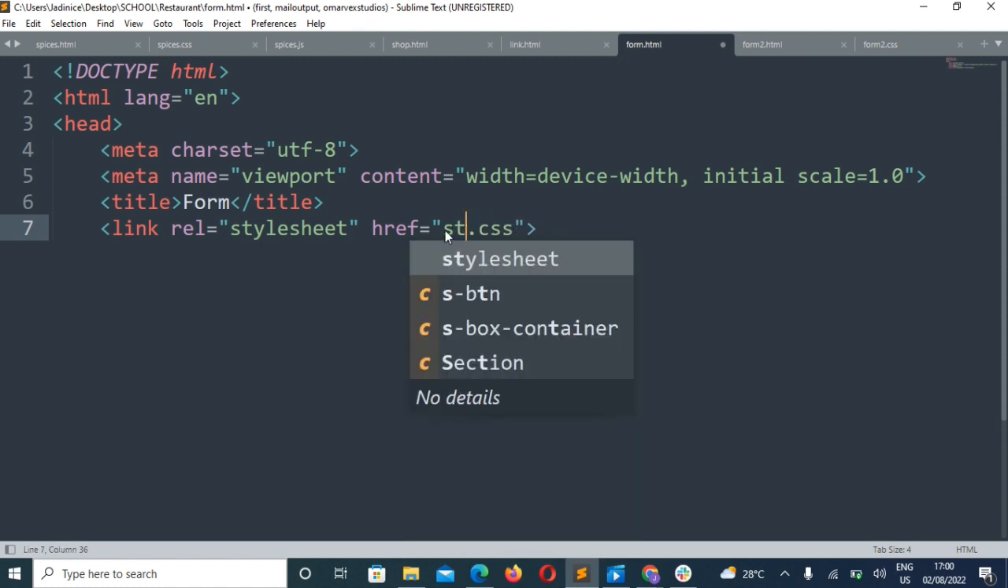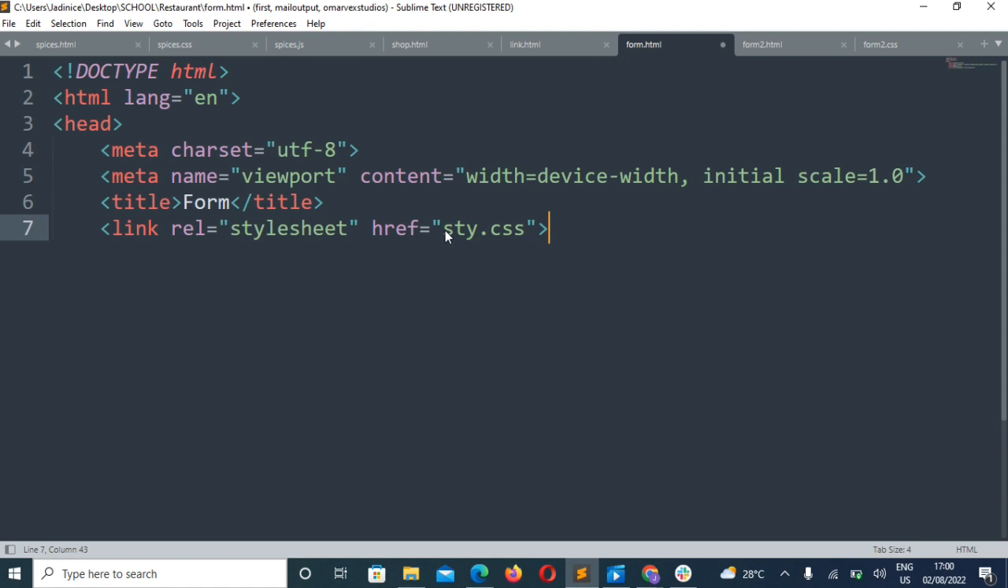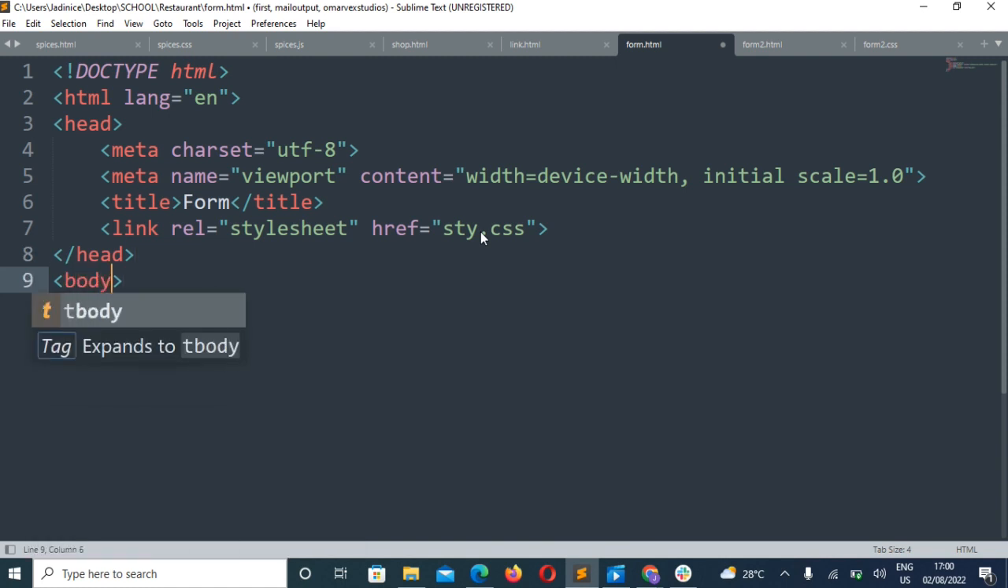Since we don't have a specific name for it, it's best we just call it style.css. Even though I've not made it, just type in any name, just so it doesn't be blank. And up next, we're going to close the head and then start with the body. In the body, we are going to create